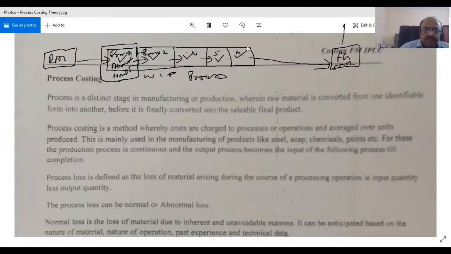So the earlier one, when we took it as a whole, the entire thing was only one process. From here it went and it went out. Here, within the main process, there are sub processes. You can look at different areas of production. But one problem is that if it is complete in this, then only it will go to process 2. If it is complete in this, it goes to the next. That is how it gets to the finished goods.